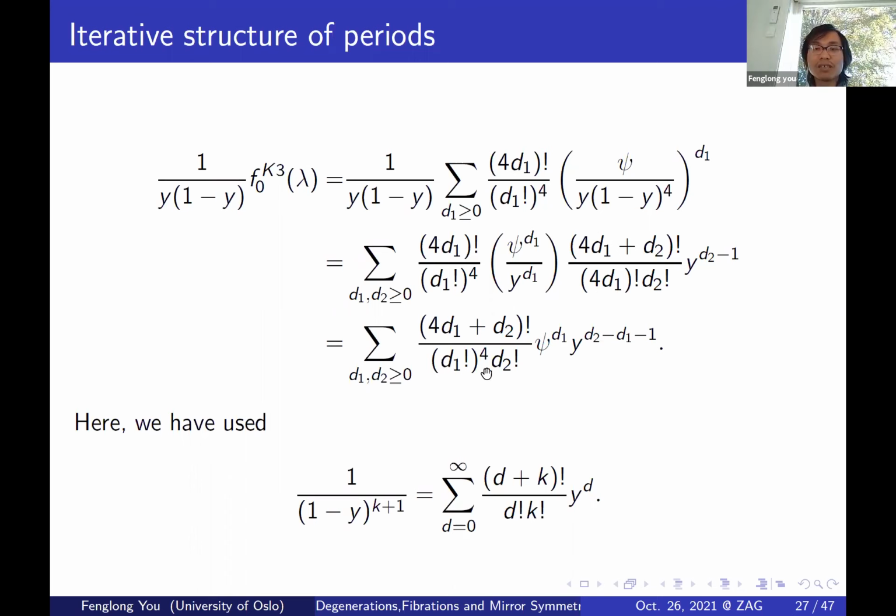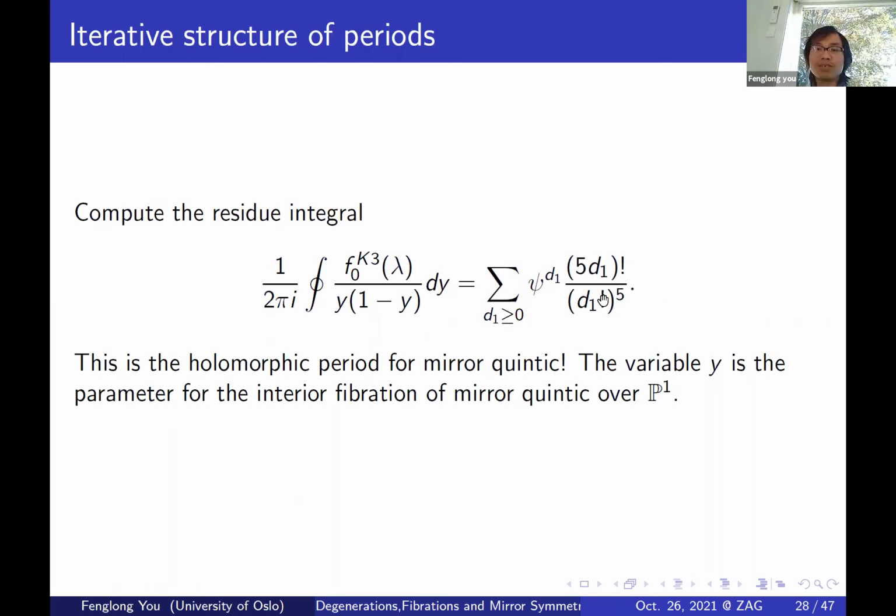And then if we take the residue integral for the variable y, then the only thing left is the term with d1 equals d2. Then that gives the period for the mirror quintic. So the period for the mirror quintic can be computed as a residue integral of